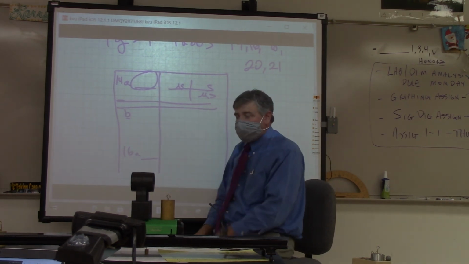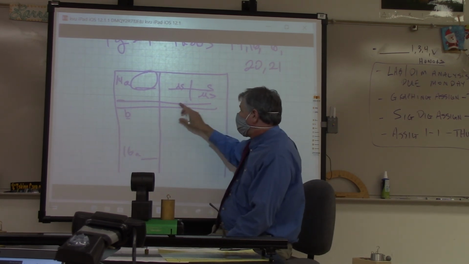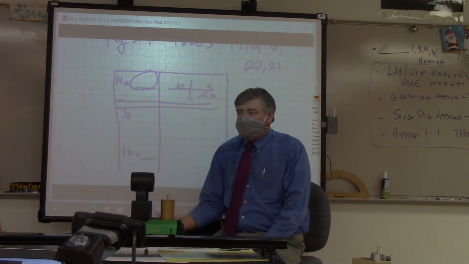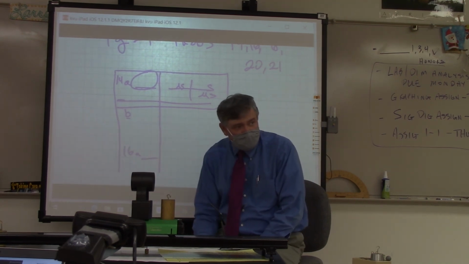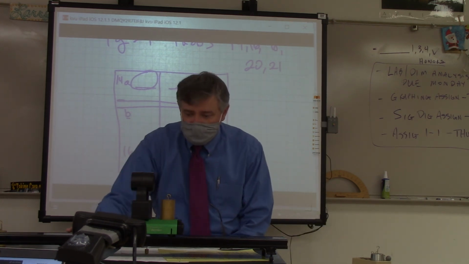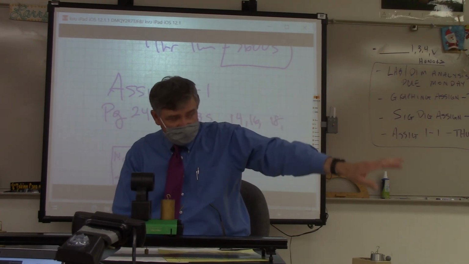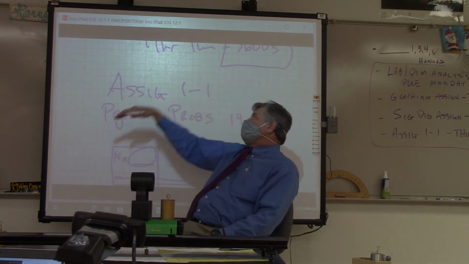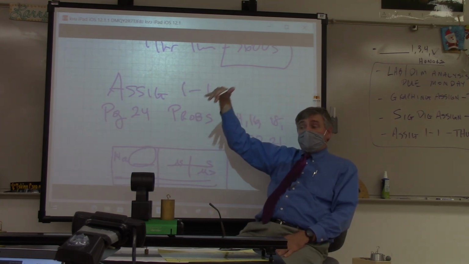Some people freehand this line, some people draw it with rulers, some people go nuts and they'll scribble and put stars and everything in between. You don't have to go to that extreme. But again, visually look at this from my perspective. I'm going to have 17 of these to grade, leave a gap. And by the way, read chapter 1. It talks about the rules for significant digits. Those are there. It's got the conversions. So this assignment's going to be due tomorrow. So again, on assignments, I want them by 6